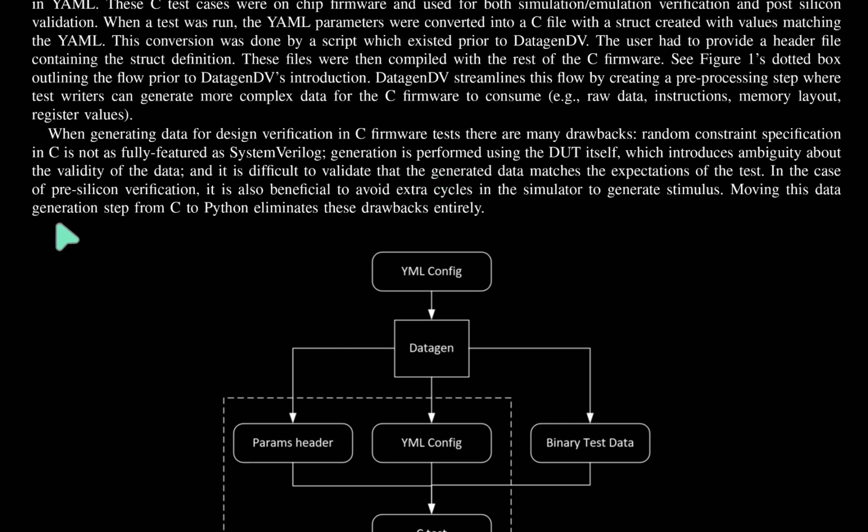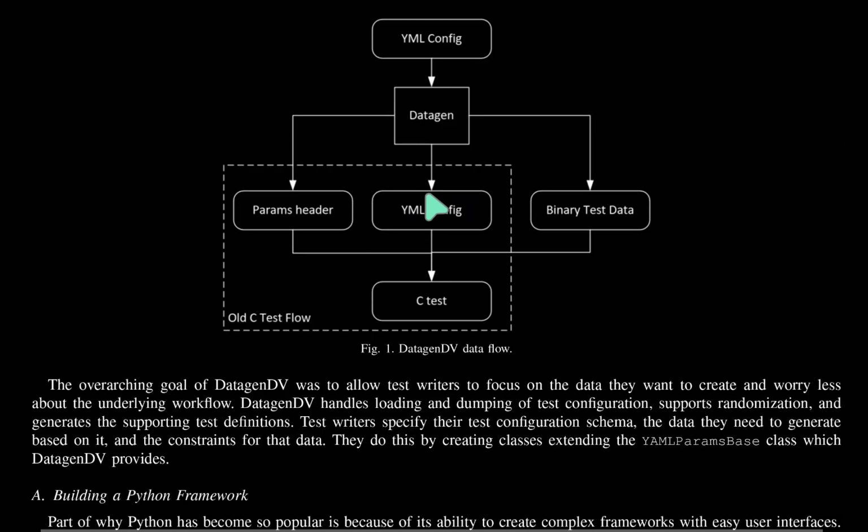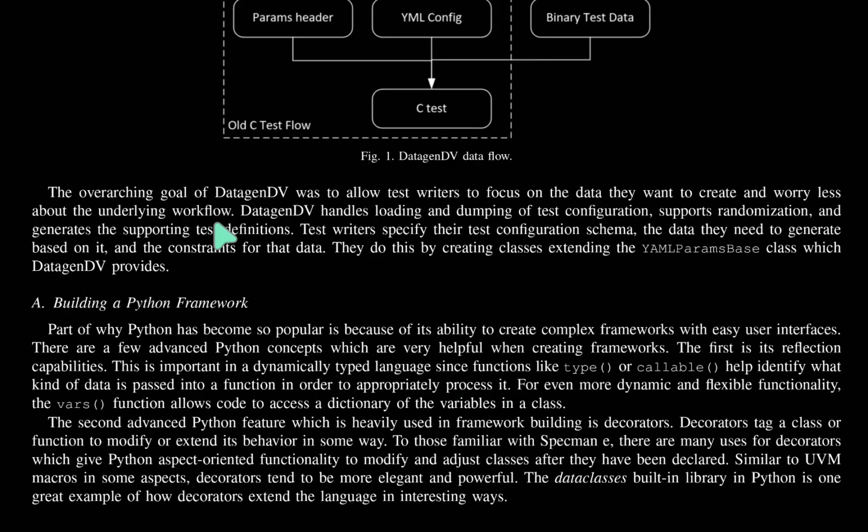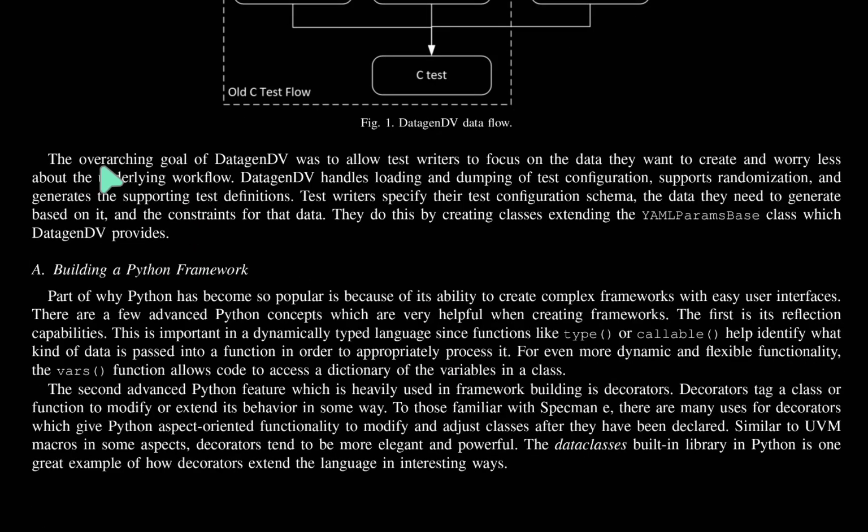Moving this data generation step from C to Python eliminated these drawbacks entirely. Figure 1 is the DatagenDV data flow. The overarching goal of DatagenDV was to allow test writers to focus on the data they want to create and worry less about the underlying workflow. DatagenDV handles loading and dumping of the test configuration and supports randomization and generation, supporting the